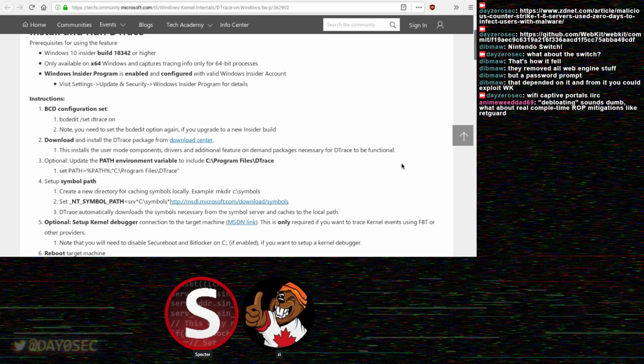Yeah, I might have to take a look at it. I don't really use tracing too often. One thing I have used is ftrace for Linux because that's extremely helpful. It gives you a tree of all functions that are called and stuff. So yeah, I'll have to take a look at it. It looks interesting. I've never really used DTrace on any system, never mind Windows.